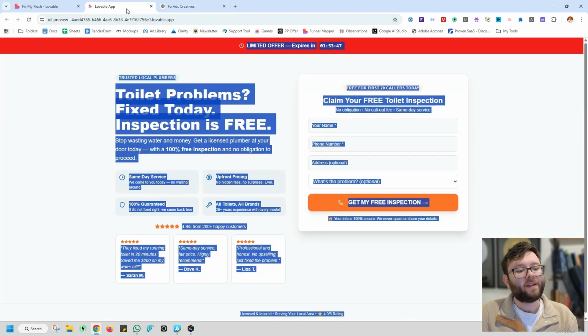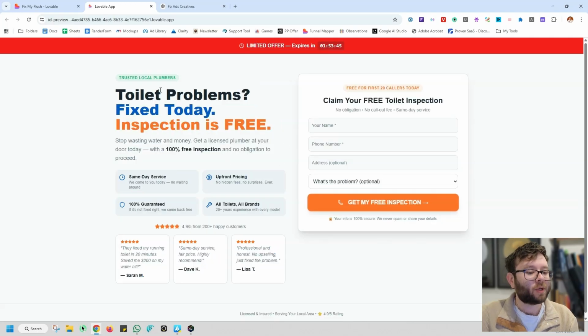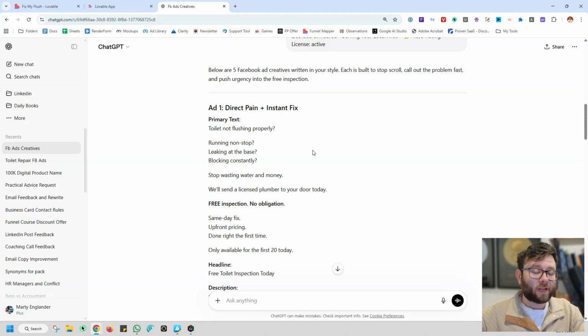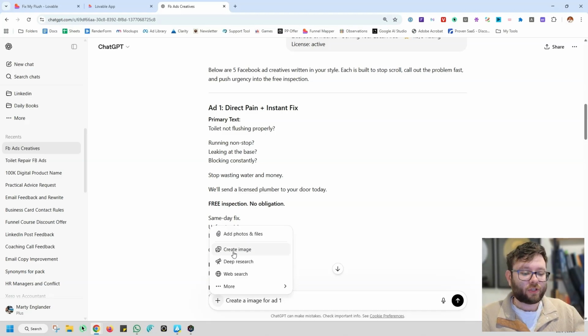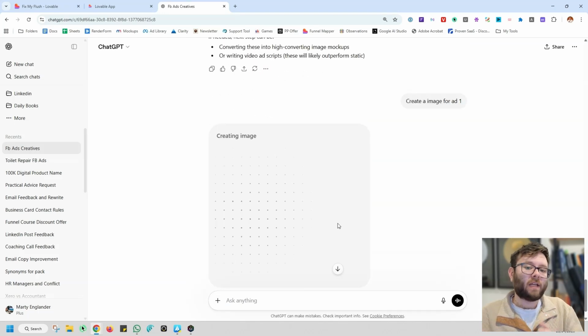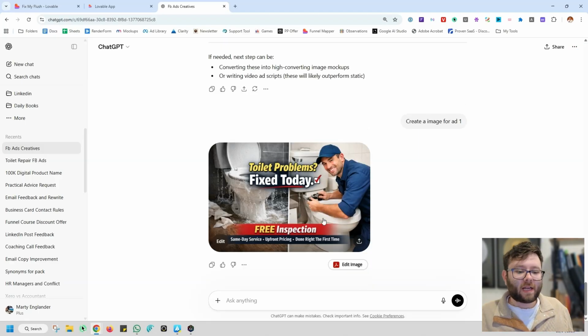But once again, if the text from the lead capture page is not hyper-focused, we are not going to get hyper-focused results. And then we're going to want AI to create some creatives for me as well. Change this to create image. So if we say create an image for ad 1 and then add the image generator on ChatGPT, enter, this is now taking ad 1 and it's going to create a Facebook ad image for us to use. And then just like that, it's created an image. And then you would just repeat the process, create an image for ad 2, for ad 3, for ad 4,